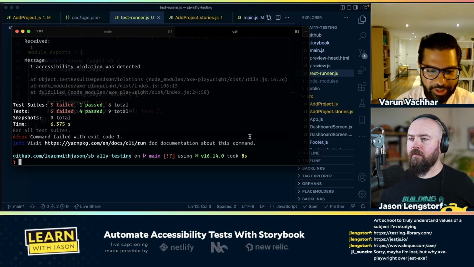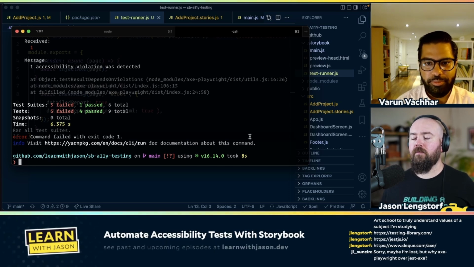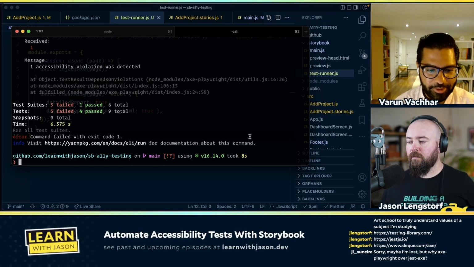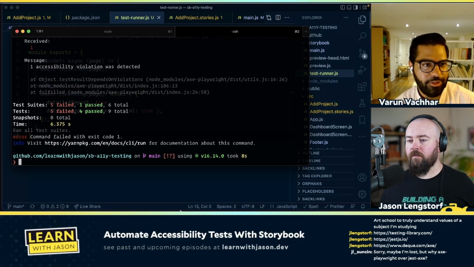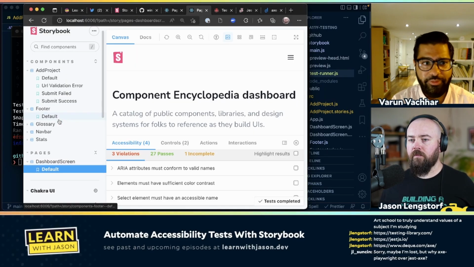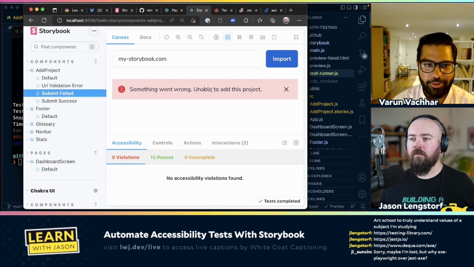But I do want to get into one more part, which you touched upon earlier, which was we get the robots to do the low-hanging checklist and give us more time to do the more qualitative analysis of the UI. So if you go back into the Storybook and just open up the submit failed story there for the add project. All right, so what's happening here is you try to submit the form, and there was some kind of